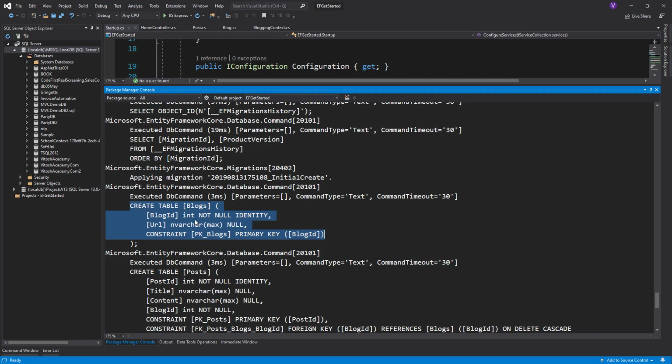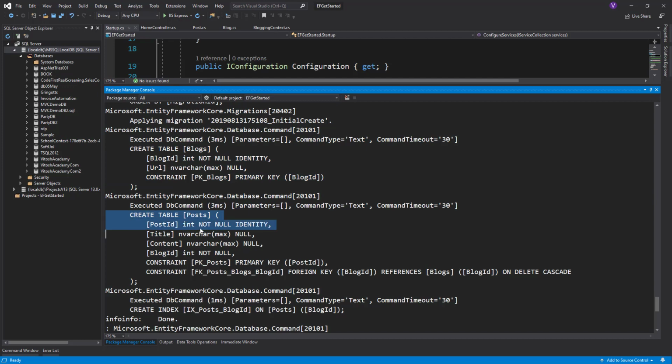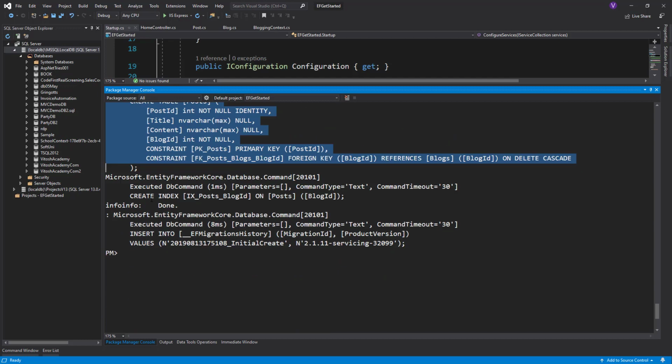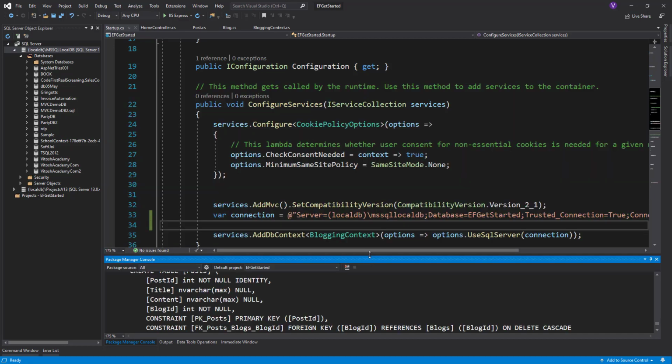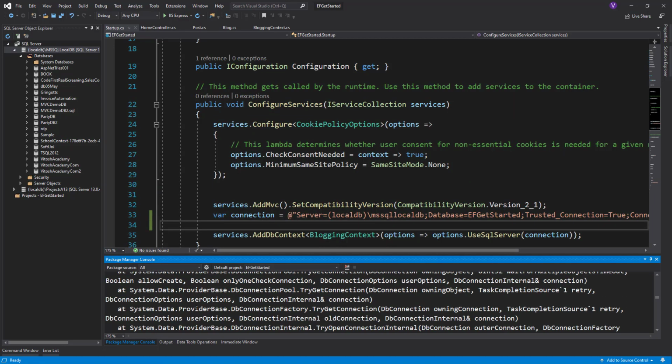For example, create table blogs, create table posts, some information for the posts, and of course creating index, post blog ID, inserting into migration ID values, initial create. Okay, so with these values it knows how to go up and down between the different